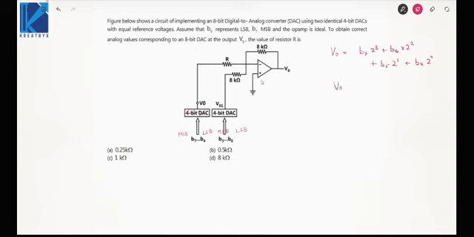What about V01? It will give B3 into 2 to the power 3, B2 into 2 to the power 2, B1 into 2 to the power 1 plus B0 into 2 to the power 0. Again, this DAC treats these 4 bits as they are. It does not know their significance. So it directly gives the output as the combination or decimal value of the 4 bits. Now, when you are taking V01, what is the gain of V01? It is minus RF by R1. That is minus 1. So these 4 bits will go as they are with a minus sign.